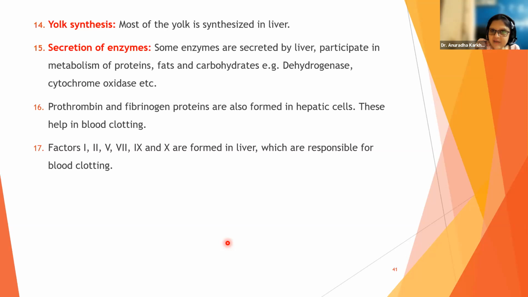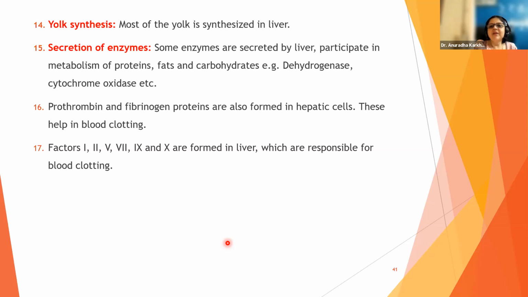Prothrombin is an inactive form that needs to be activated. Then the fibrinogen will be converted into fibrin threads, which will help in the blood clotting mechanism. It's a long cascade, how blood clotting takes place, a flow chart that we have to understand in the next chapter, circulation. So after digestion, I'm going to go ahead with the circulation chapter. But first let me complete the chapter of digestion.